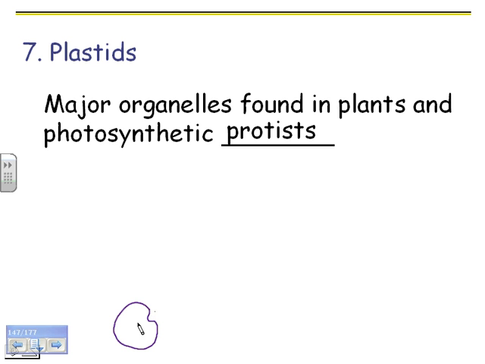So here's the original eukaryotic cell, and here is an early photosynthetic bacterium, like a cyanobacterium. And this thing is going to eat it up. It's going to take it in, but it's actually not going to digest it like a eukaryotic cell generally would. So here's the bacterial cell, and what's finally going to happen is this bacterial cell is going to be inside of the bigger eukaryotic cell. Notice that there are two membranes.